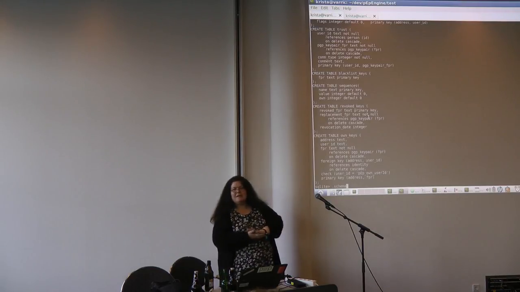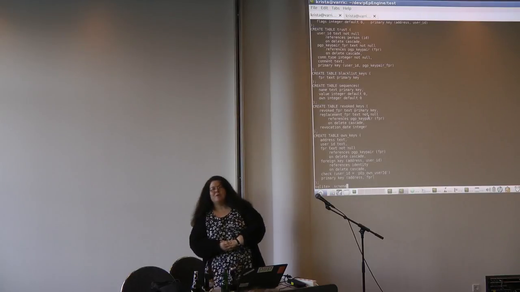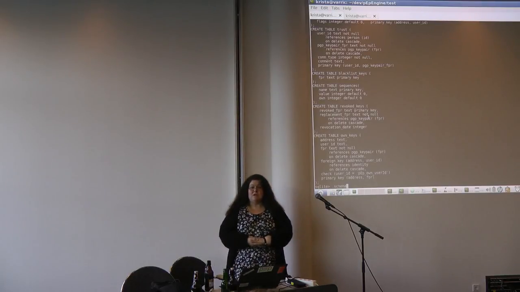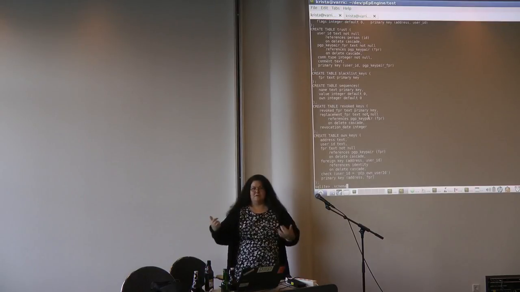Yes, please. How do you manage revoking keys? Okay, well, at the moment, because we're only using GPG, we actually do GPG key revocation, and then within the database, that key is also removed. When we move to other things, that's a trickier question, and I don't know what we want to do. We do have a database of revoked keys, so we can flag that key as being revoked, and so it never gets used. So it depends a little bit upon what the crypto mechanism for revoking keys is on that particular platform or protocol.